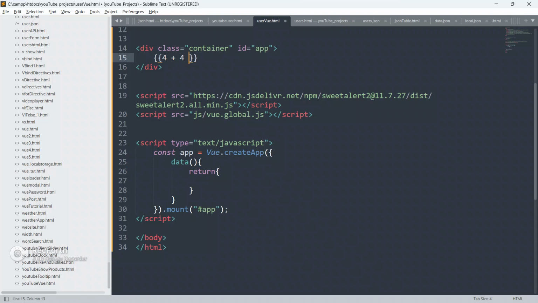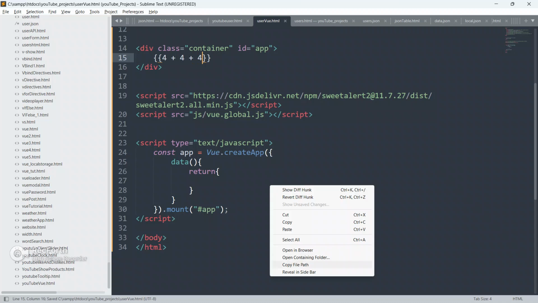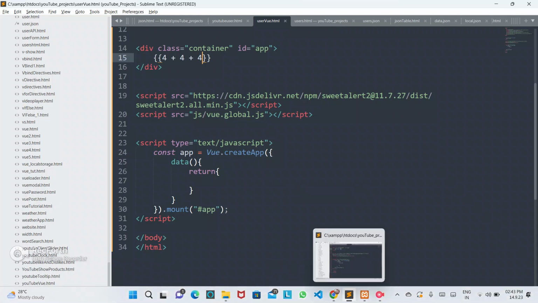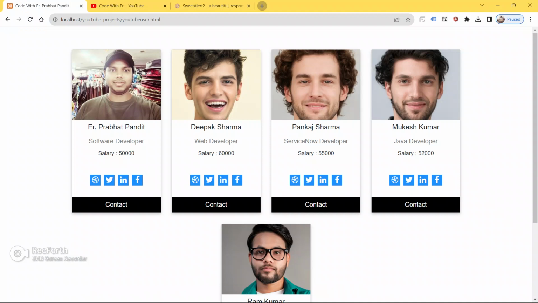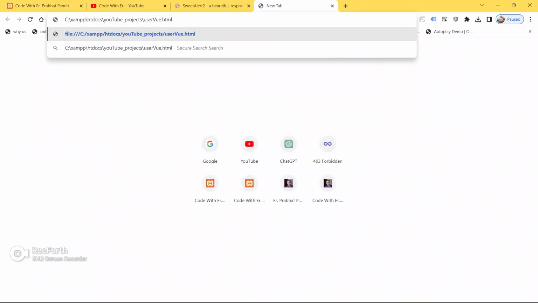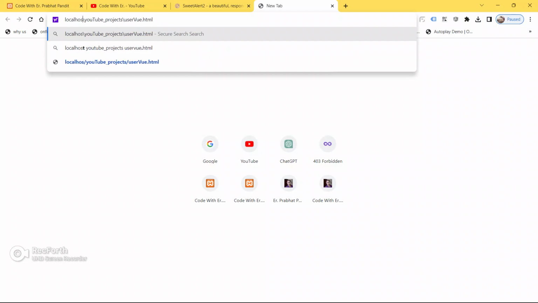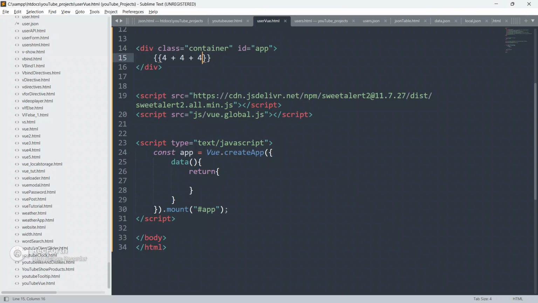To check, we do a simple calculation, 4 plus 4 plus 4. Now save your code, copy the file path, go to the browser and open a new tab, paste it here, put localhost, and press enter.